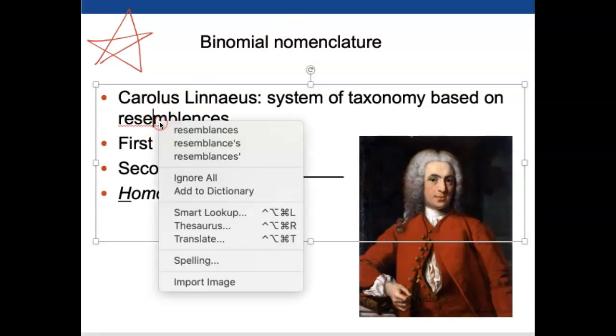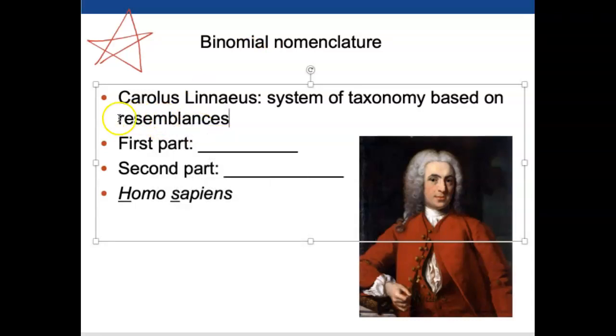Linnaeus developed the Linnaean system of classification based on just physical resemblance. Do you look like this? Do you have these parts and features? Well, then you're related. So when he drilled it all the way down and created names,